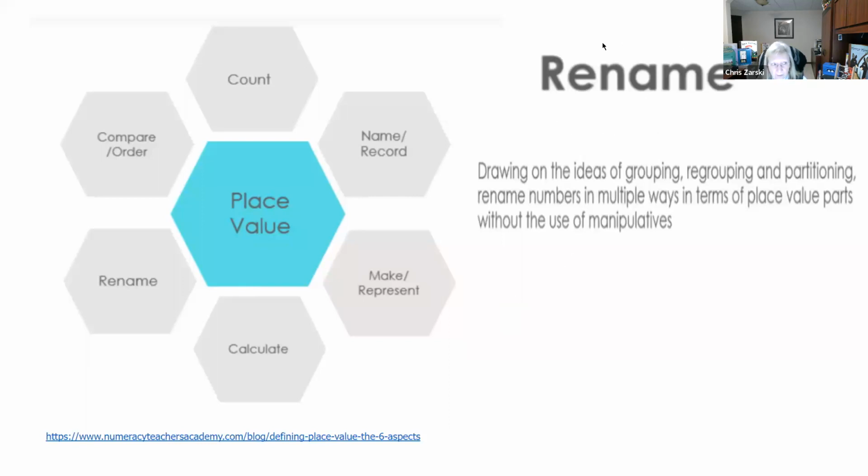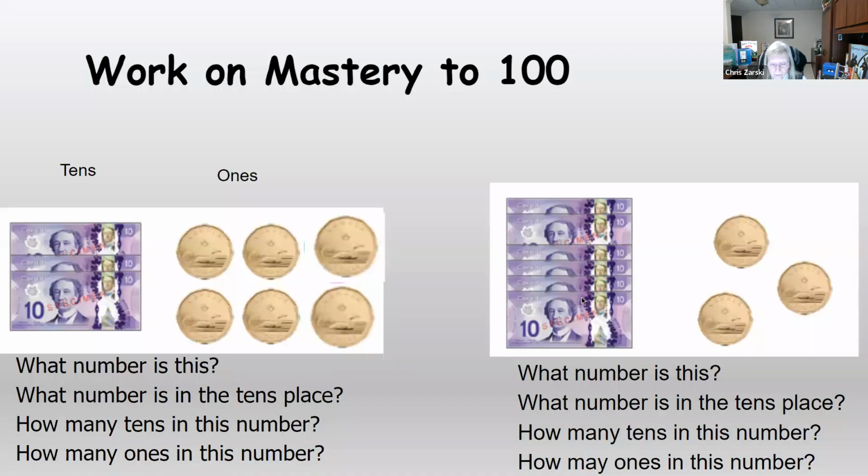But of all of them, the most important is their ability to rename. And this is important for all of our students as they start. So again, if we talk about mastery to 100, this is where I'm saying, let's make sure that they're really concrete and that they have a good visual understanding of place value, of where it belongs on a number line, where it belongs in the value, the digits within the number itself, and what the values of those digits are. So again, I'm not going to draw my lines down, just quickly. I'm just going to go tens and ones.